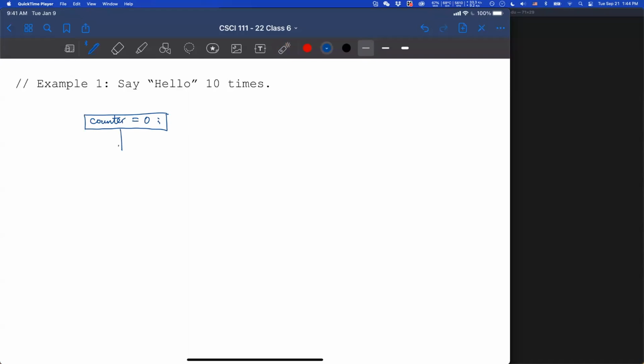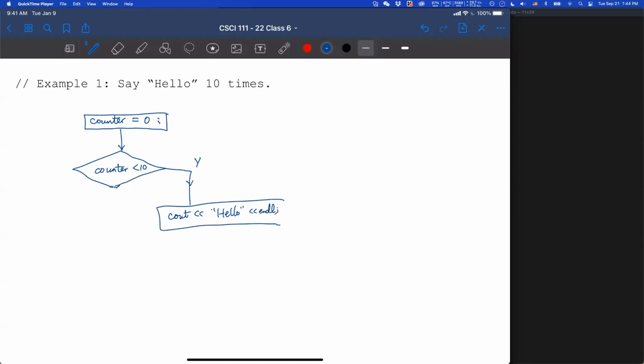Now, what's your question? While counter is less than 10. So you want to ask, is your counter less than 10? Now, if the answer is yes, C++ will print out hello. After C++ prints out hello, what else do we need to do?